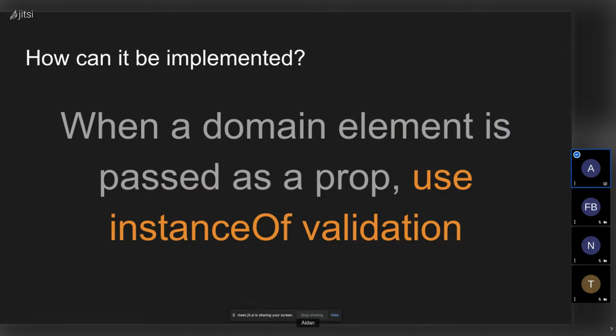And if you're not using TypeScript, definitely take advantage of the fact that you can do instance of checks against these class types to make sure that you can trust the data that's being passed around your app to have the properties that you expect it to have and to conform with your domain model.